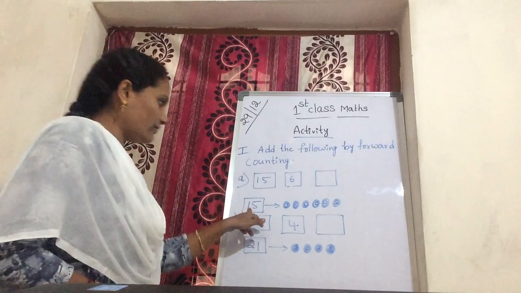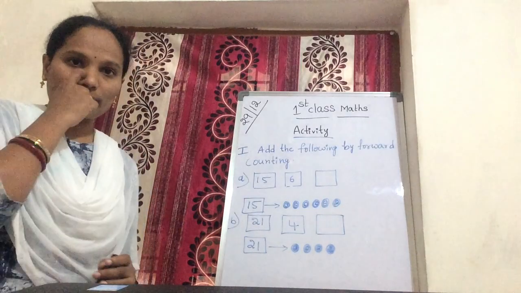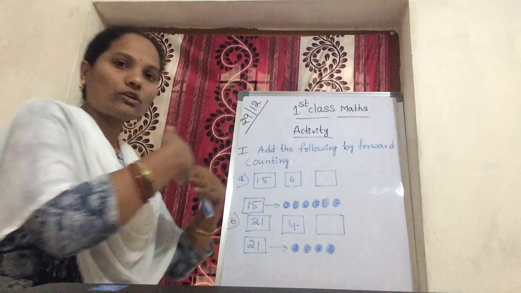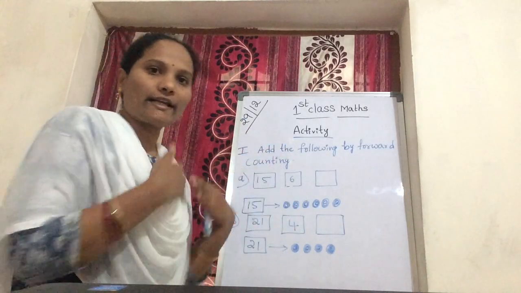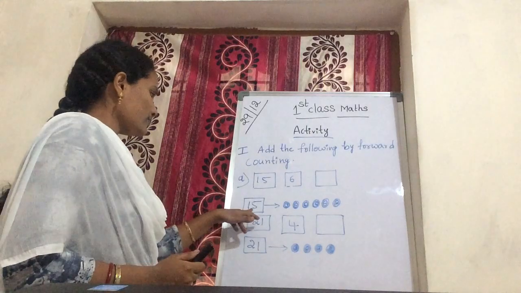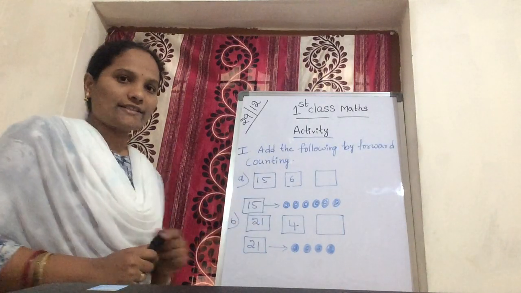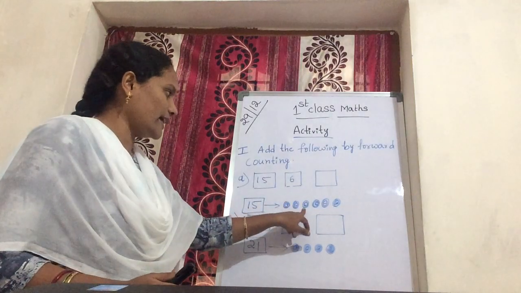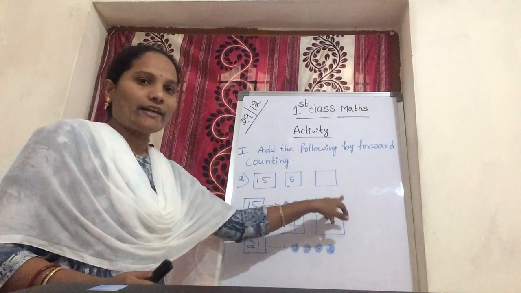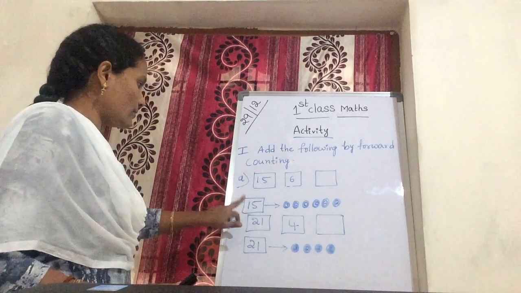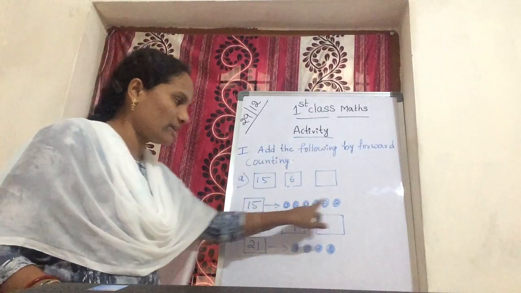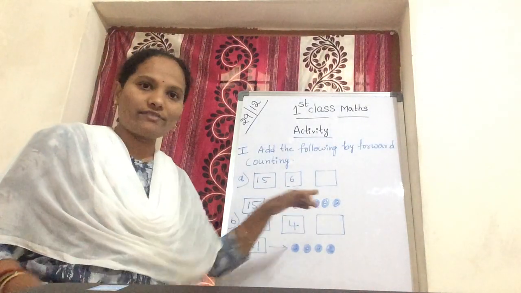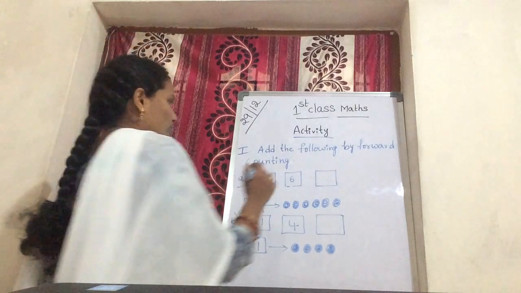Now count it, children. 15 after you count, start, because this is a forward method. You are moving on forward. అంటే ముందుకు వెళ్ళడం. Okay. So now tell me, 15 after what comes? 16, 17, 18, 19, 20 and 21. So 15 plus 6, how much? 21. 15 plus 6, you get 21. So you should write in this box